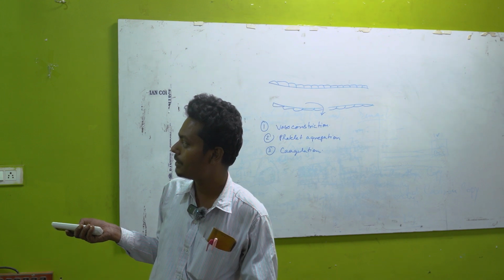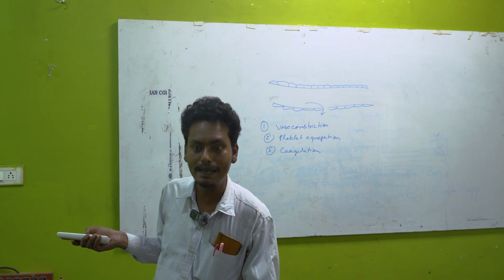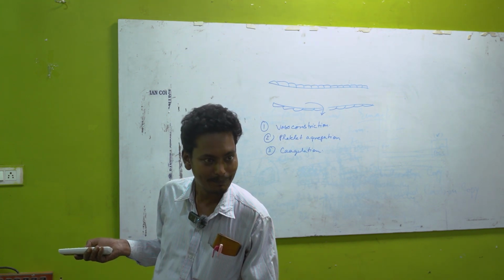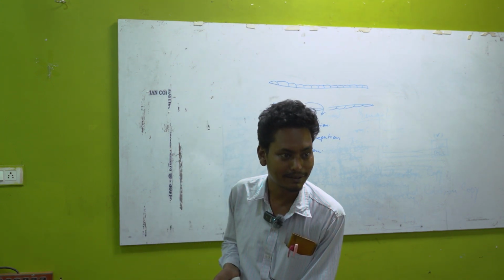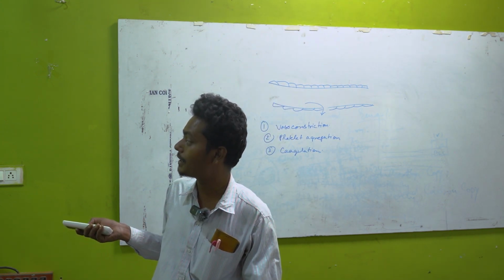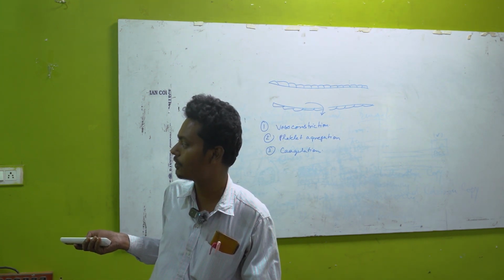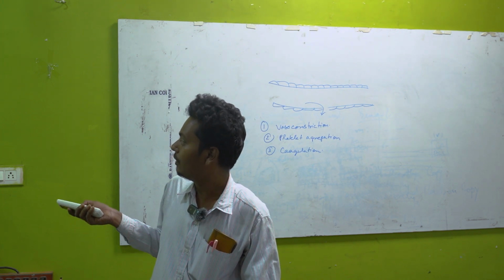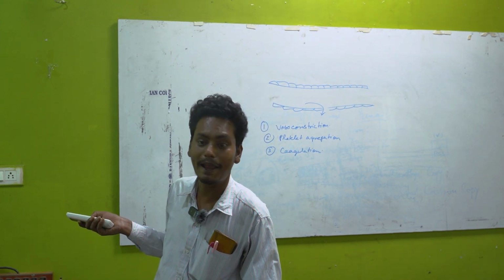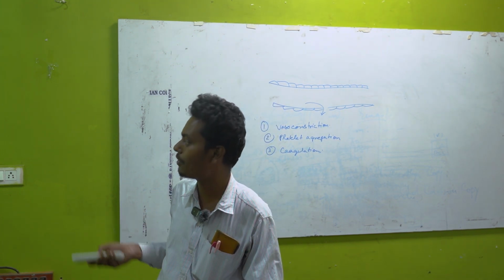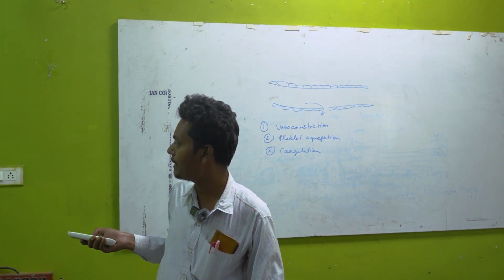First colony is colony-forming unit E. E for erythrocyte. That means the cells of colony-forming unit E are responsible for the production of RBC. Colony-forming unit GM: G for granulocyte and M for monocyte. The cells of colony-forming unit GM are responsible for the production of granulocytes and monocytes. What are the granulocytes? Neutrophil, eosinophil and basophil. And the last one is very important for today's topic, colony-forming unit M. M for megakaryocyte. The cells of colony-forming unit M are associated with the formation of megakaryocytes, and the megakaryocytes can